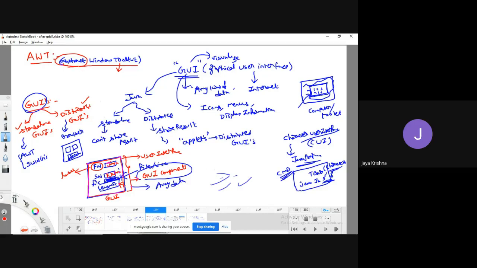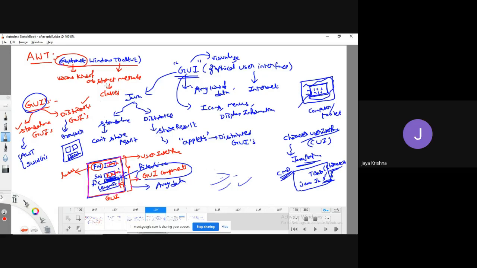Here, abstract means it is a kit used to implement window-based applications by a collection of various kinds of abstract methods, and they have provided them in various classes.